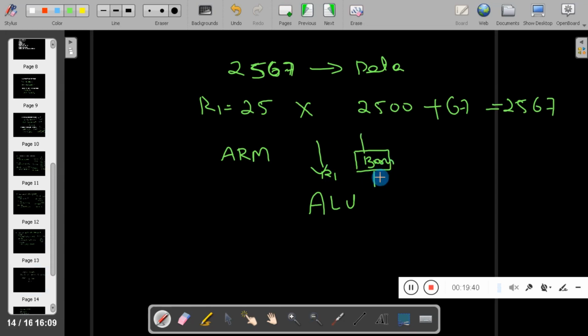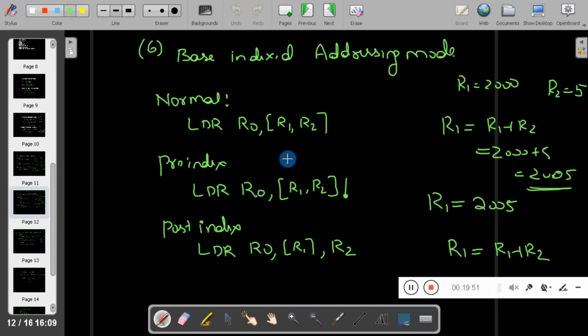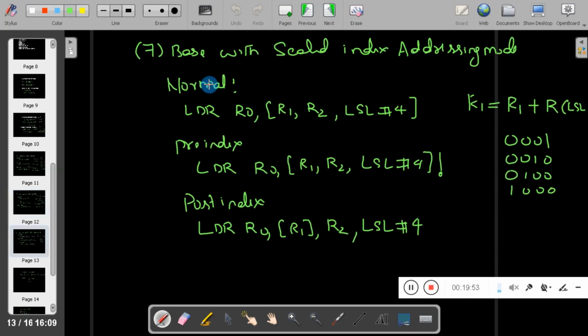The necessity is to improve the performance. So in the exam they may ask which addressing mode is used with the barrel shifter. Base with scaled index addressing mode is used in the barrel shifter.